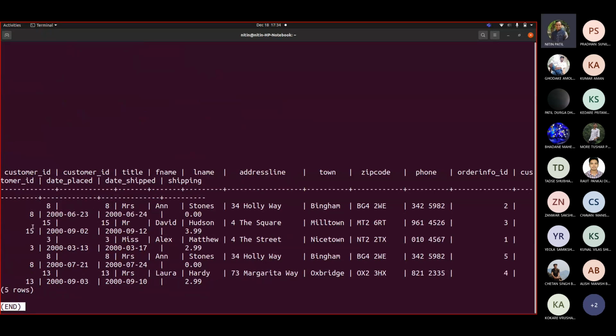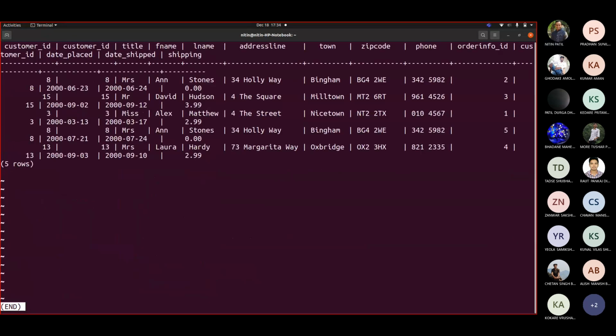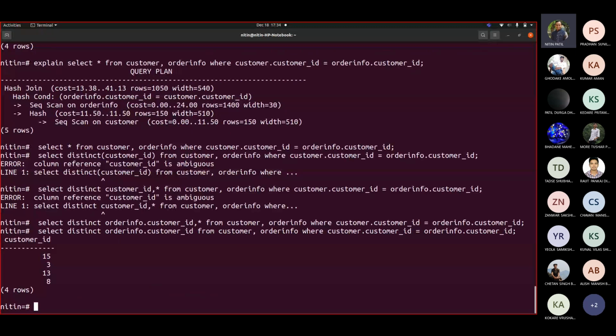So my customer IDs are 8, 15. Was it because I added star? Let me remove that star. Now I can see only 4 rows, right? Which were distinct now. The customers are distinct. Though there was one more entry, the 5th one, which I could see earlier with